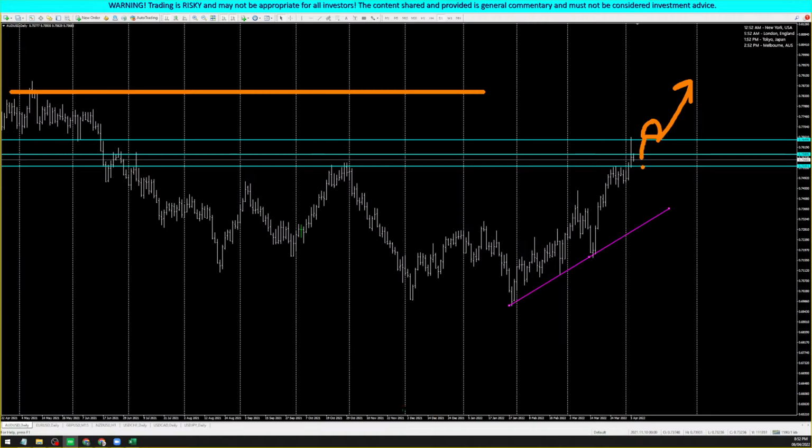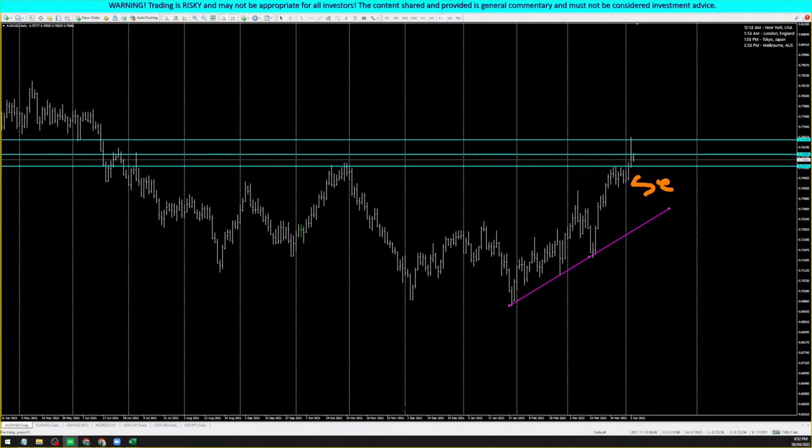So, ibig sabihin, for me, as conservative as I want to be, this will be my sell level. This will be my buy level right there. So, ibig sabihin, right, as conservative as you can be, as I've said, you want to go and move on to the next currency pair first, at least for today, and just go back to this. If the price will go either up or down later on, then you can reassess your position, right? So, that's the conservative approach.